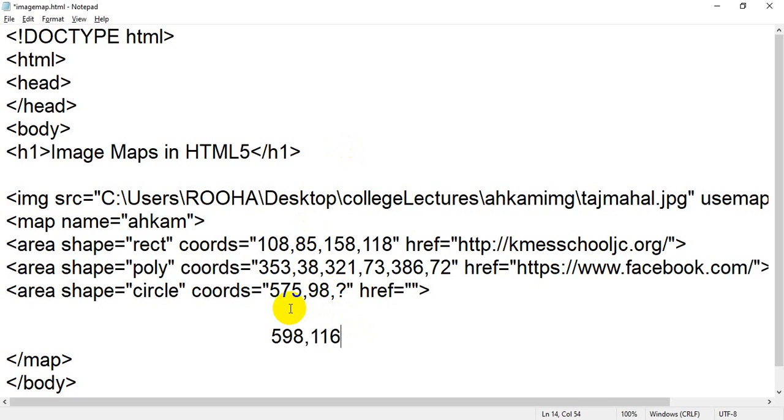Okay student, now you can get this value by using subtraction of x minus x or y minus y.